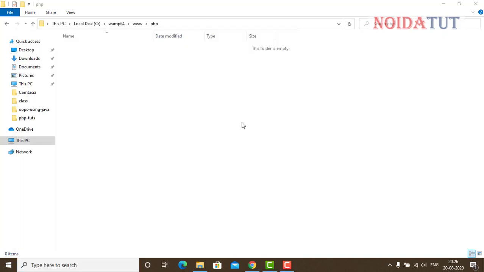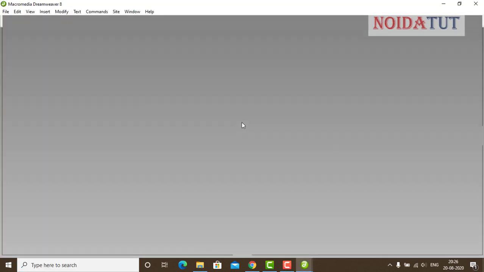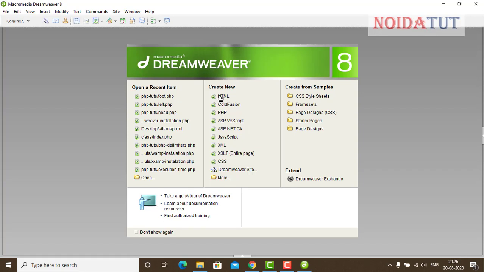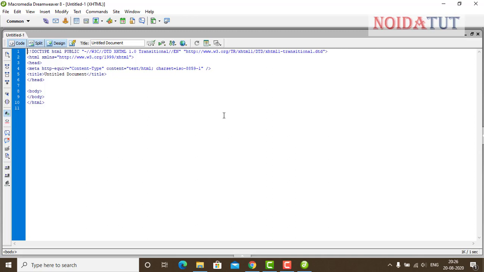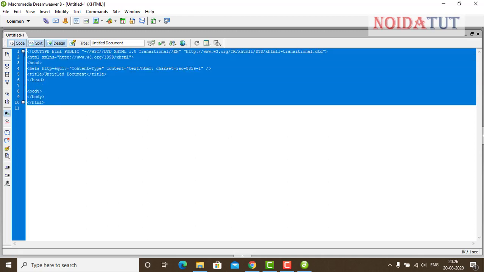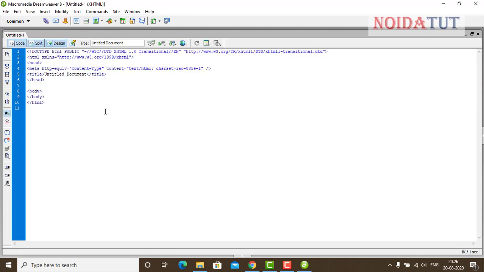You can see that this is the first program and you get this set of code. In my HTML tutorial, I have already explained these things. This is informing the web browser of the document type and version of HTML. And then we have the heading part. Then we have the body part.